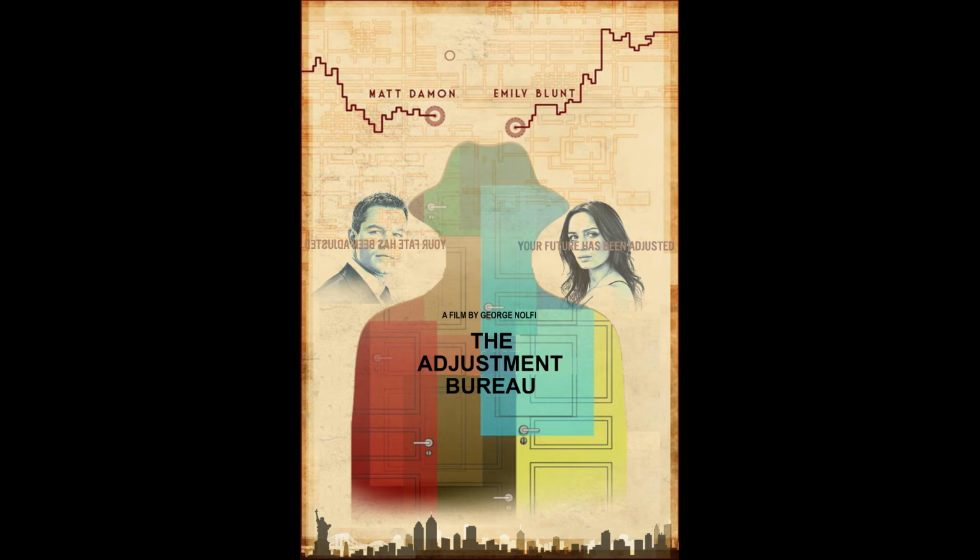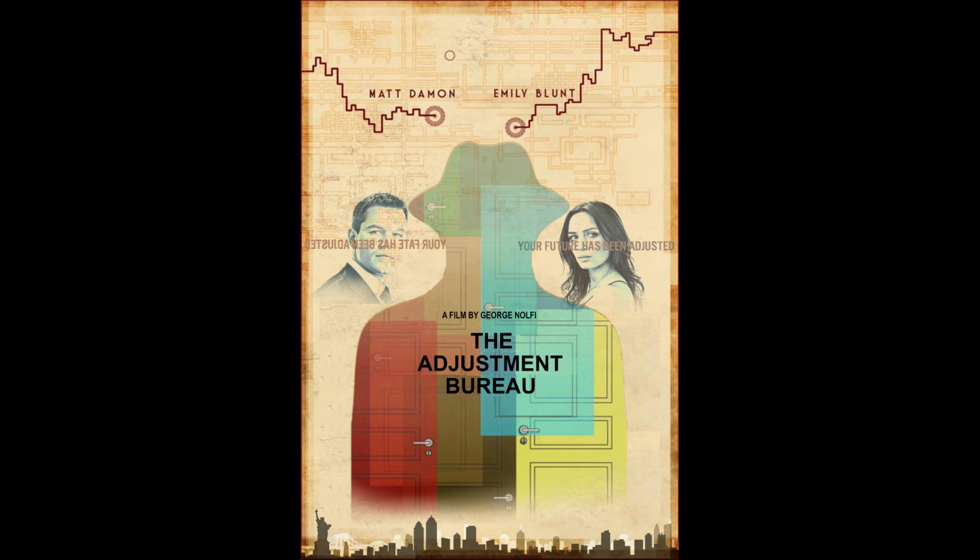So I got The Adjustment Bureau, a film by George Nolfi. The main roles are played by Matt Damon and Emily Blunt. In The Adjustment Bureau, Matt Damon plays a politician character and he meets a random girl, and every time he is meeting her by chance. And some people wearing hats will always be fixing things and moving things and holding the time, and they are called the Adjustment Bureau.